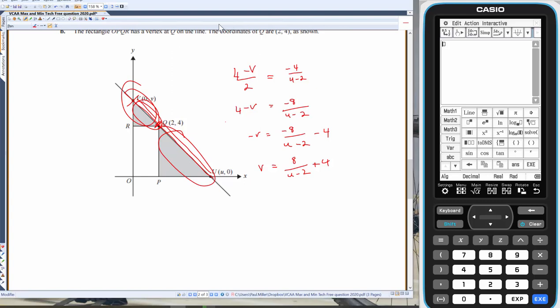And similarly to the last one, how many students were able to get that one? That's 32% of students in the state were able to get that one right. So that's still a few students. I mean, that's really low by further maths standard. That's considered a really hard question on the further maths exam. That's not too bad for a question 10 or a final question on exam 1. But